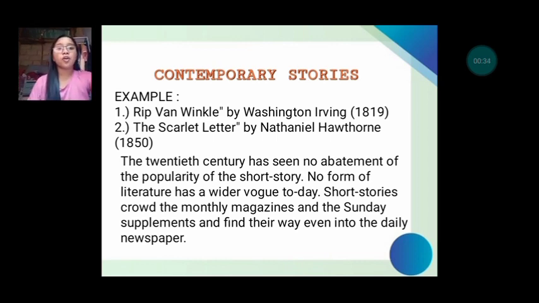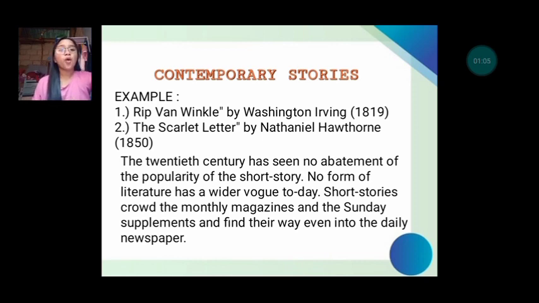So kung makita ninyo, si Rip Van Winkle by Washington Irving, 1819, The Scarlet Letter by Nathaniel Hawthorne. Okay, so kana siya, examples na siya during sa contemporary stories nila nga mga recent days. Okay, so the statement here is that the 20th century has seen no abatement. Kung maghisgot tag no og mayon tag abatement, so no kanang wala nagka-decrease of the popularity of the short story